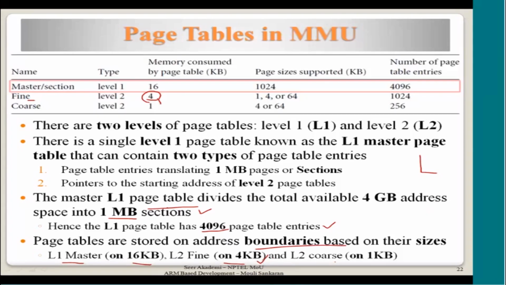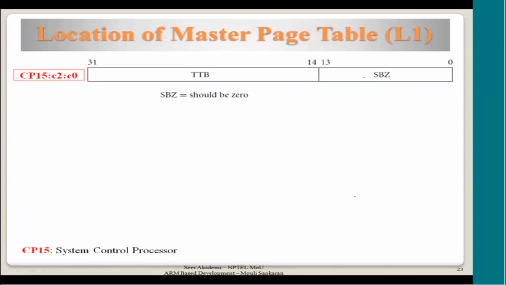And the L2 page table size is 1 KB, so it has to be on a 1 KB boundary. Okay, what I mean by boundary address, you all understand. So let us go to this now. Now, the location of